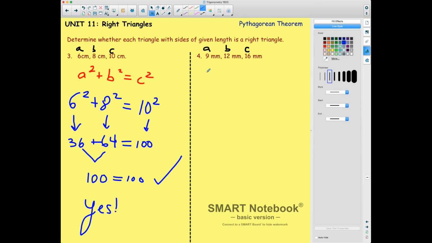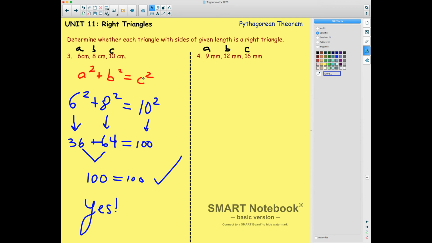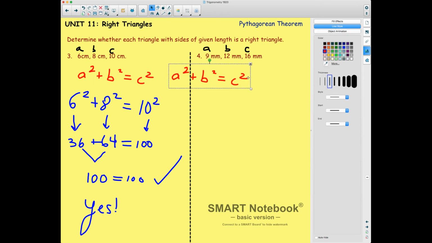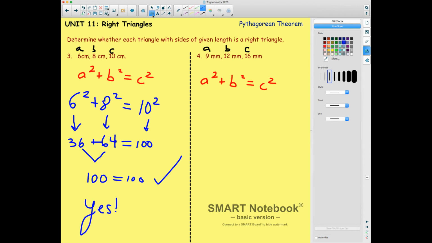Okay, for this one, I'm going to clone my formula and use it over here. I already identified the A, B, and C. So 9 squared plus 12 squared equals 16 squared. Test it out. 81 plus 144. That's just 12 times 12. And then 16 times 16 is